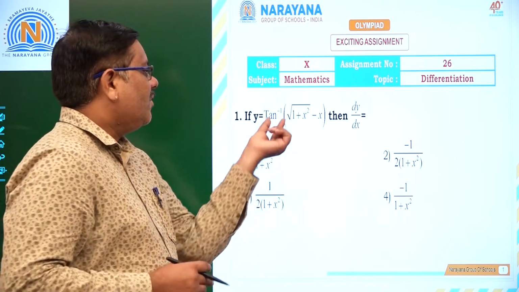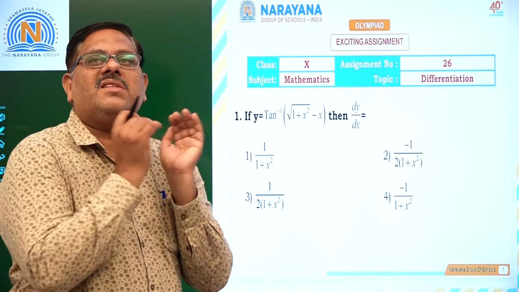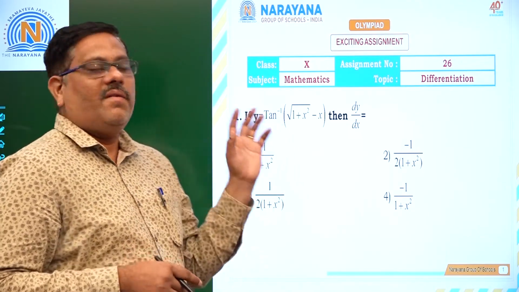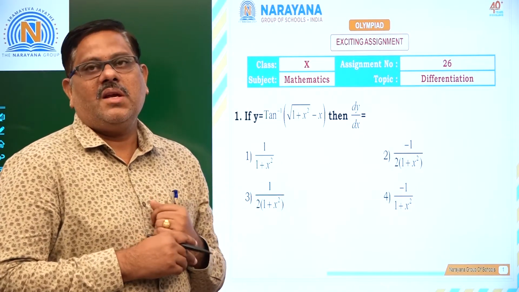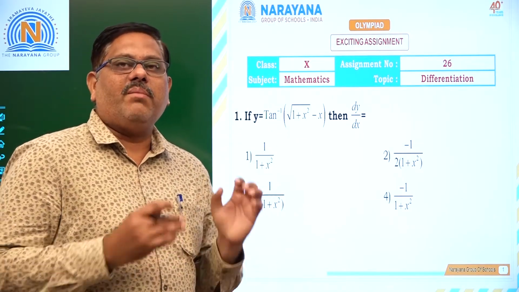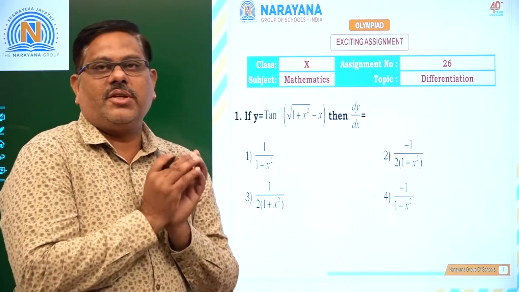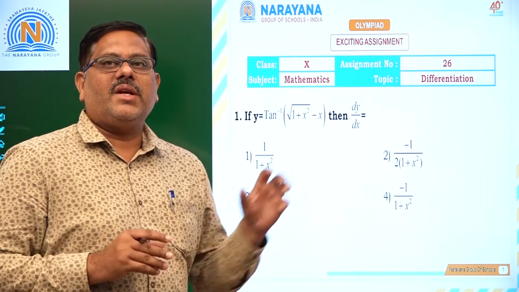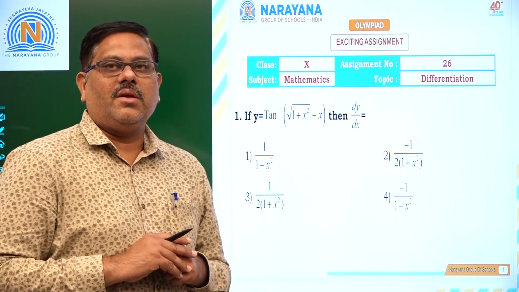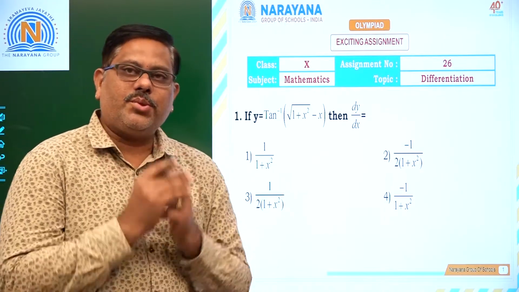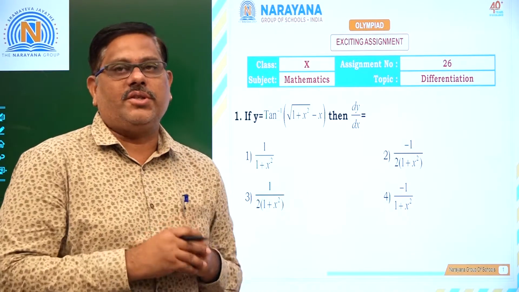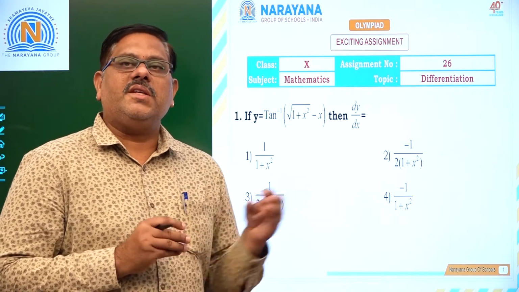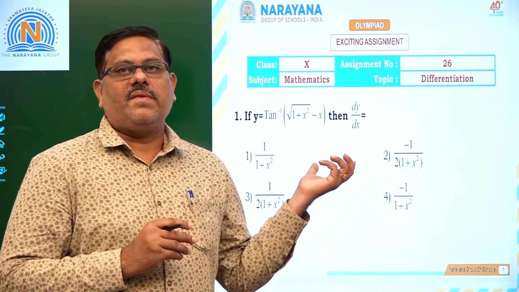Instead of that, whatever function is given to us, we can simplify using some trigonometric substitutions. Using trigonometric identities, we can have some substitutions in place of x. Thereby, the given function y can be simplified into a very simple function. If that is differentiated later, that becomes an easy task for us. So that is the use of substitutions in differentiation. What is the use of substitutions? The substitutions help us in simplifying the given function. If it is simplified, then finding the derivative of that particular function is an easy task. So we are using substitutions for that purpose.